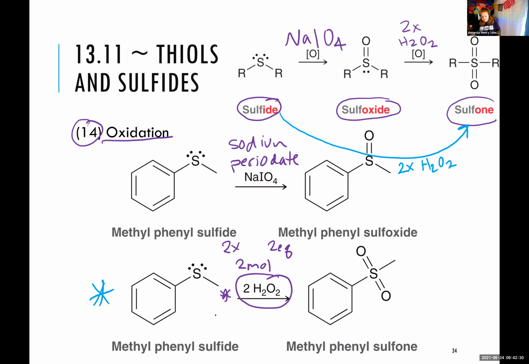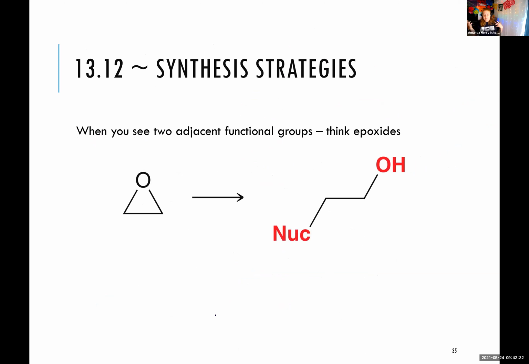Okay, so the last section in this chapter, which is what we've seen in many of our chapters now, is looking at the big picture, so looking at them with multi-step synthesis in mind. And the focus of this chapter is when we have two adjacent functional groups. So the idea here is that if we have two adjacent functional groups, specifically an alcohol and something that could have been a nucleophile,